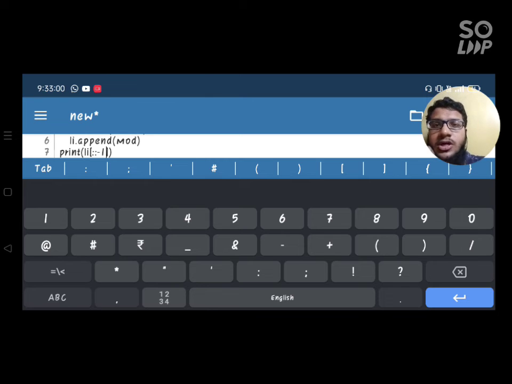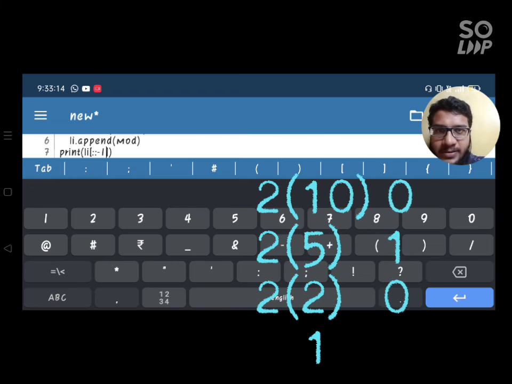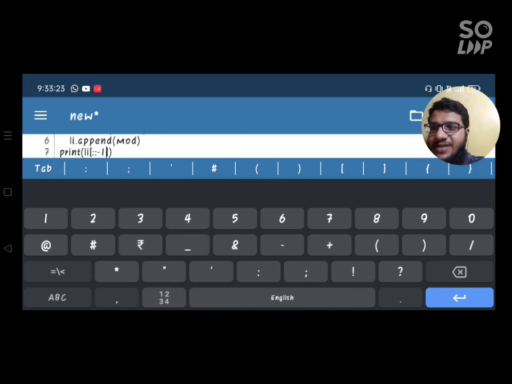So why have I done so? We all know that when we take out a binary number, we have to write in the opposite direction, from down to up. Here you can see how it is shown: when you divide any number, the remainders 0 1 0 1 will be stored like this, so you have to write it in the opposite direction, in reverse form. That's why I have done it.